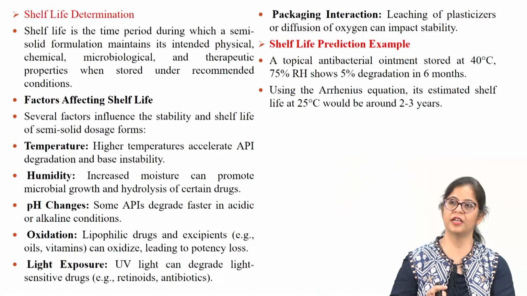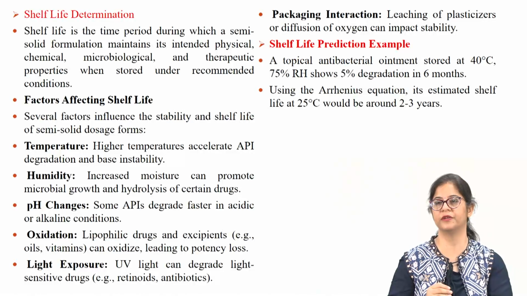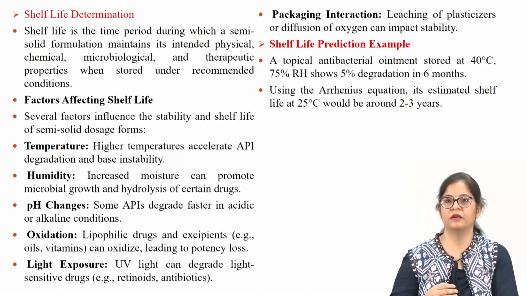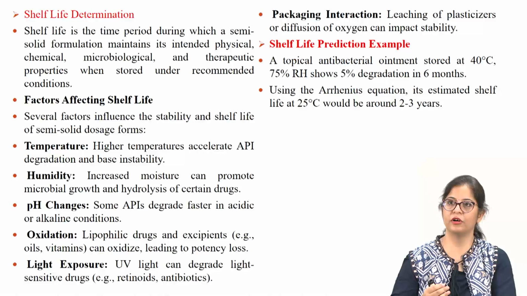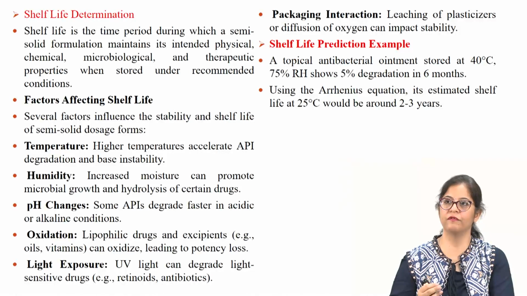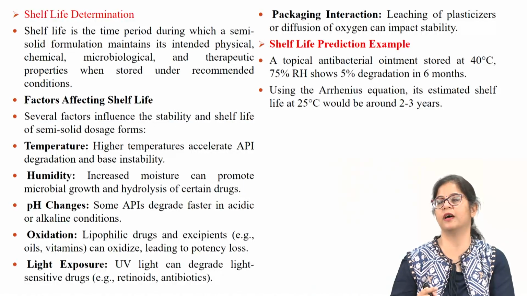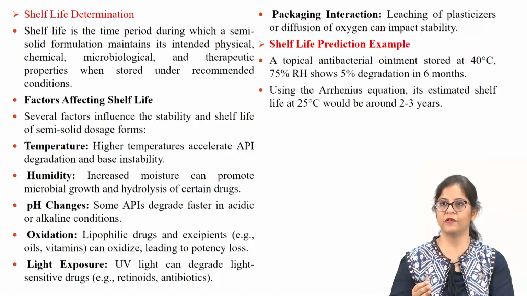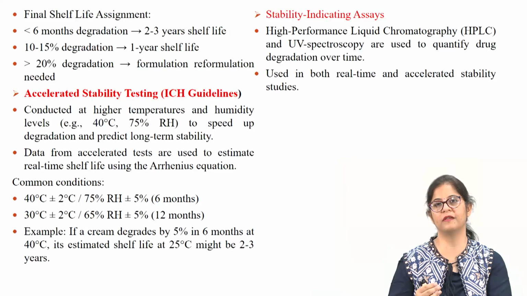Packaging interaction like leaching of plasticizers or diffusion of oxygen can also impact stability. So, the shelf life has to be evaluated based on these parameters. For example, a topical antibacterial ointment stored at 40 degrees, 75% RH shows 5% degradation in 6 months. So, it can be used as a technique for studying the shelf life for other types of semi-solid dosage forms as well. Final shelf life assignment: less than 6% degradation